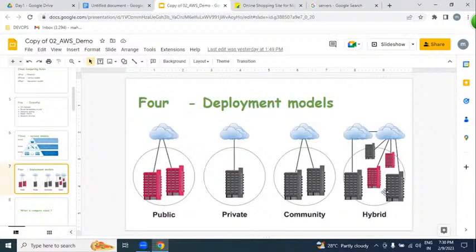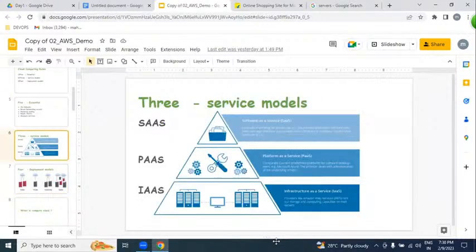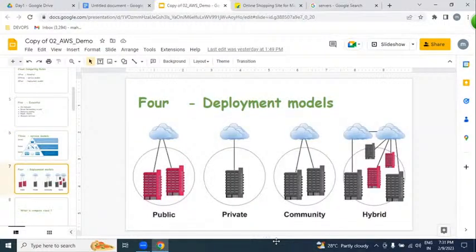Any cloud provider has to follow these rules and regulations: on demand, broad network access, resource pooling, elastic services, SaaS, PaaS, IaaS. So publicly, privately, hybrid. Community is nothing but what? In a futuristic setting, maybe DRDO, ISRO, HAL.